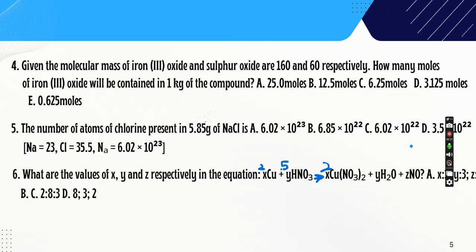If you put 5 here, nitrogen is balanced, but hydrogen is not balanced. We have 1 hydrogen here, 5 hydrogens here. How many hydrogens do we have here now? We have 2. So we can put 5 over 2 here. It remains the oxygen. Here we have 15 oxygens. Here we already have 12. Here we have another 5, making